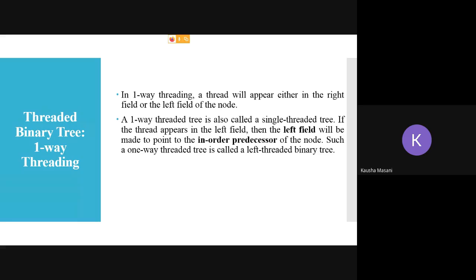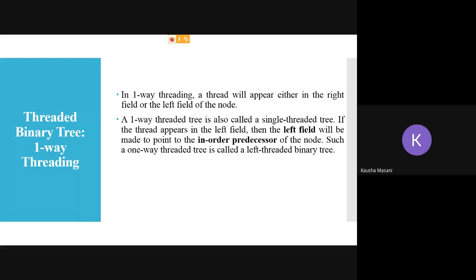Whichever node is the in order predecessor of the given leaf node, those memory addresses should be stored on the left field. So left field, in order predecessor. And such a one-way threaded tree is called left threaded binary tree.